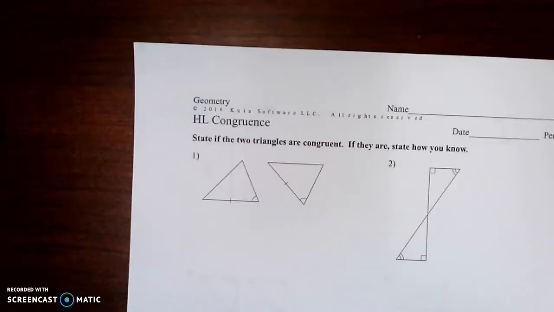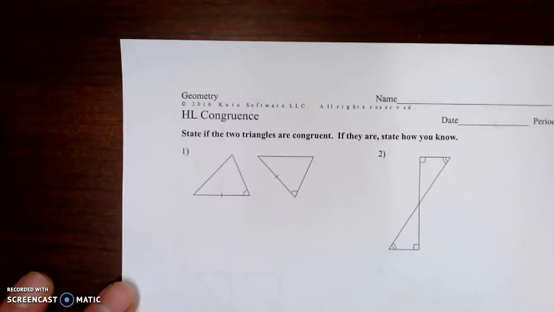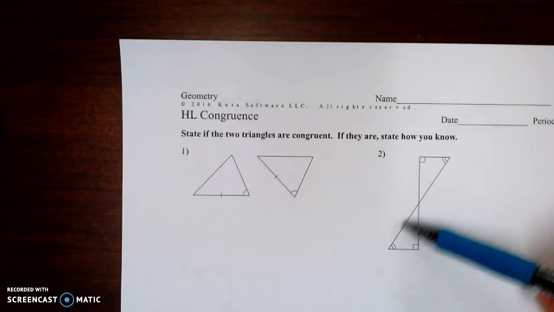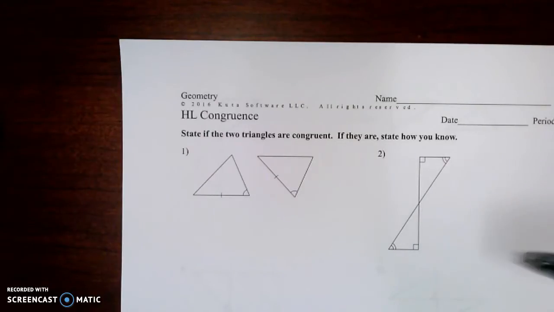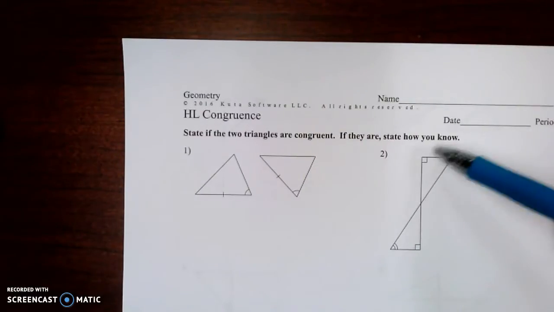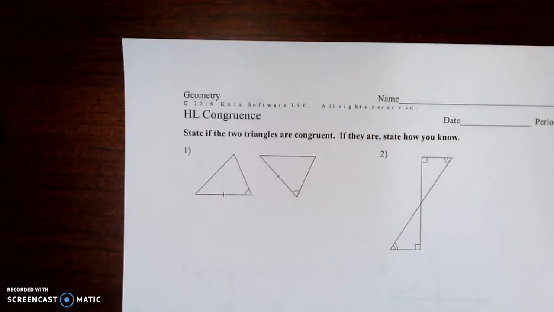Alrighty, next we're going to be looking at hypotenuse leg congruence. Hypotenuse leg congruence is a special kind of congruence criteria that only applies to right triangles. Basically it says that if the hypotenuse, that's the long side in a right triangle, of one triangle corresponds to the hypotenuse of another triangle, and one leg from the one triangle corresponds to one leg from the other triangle,